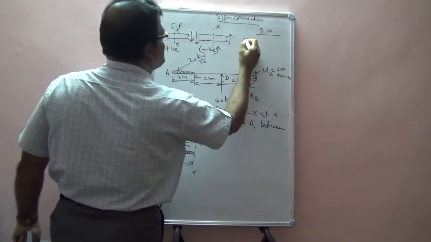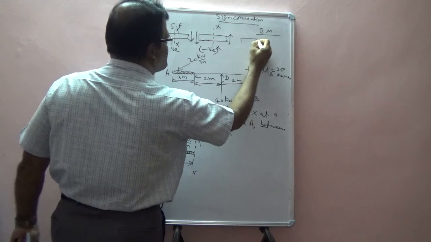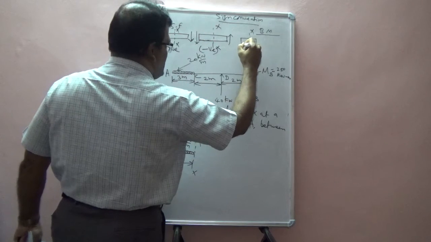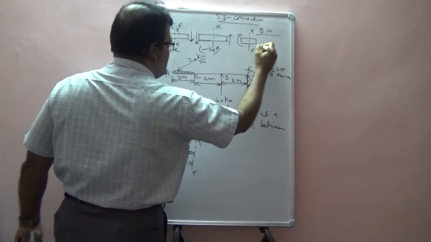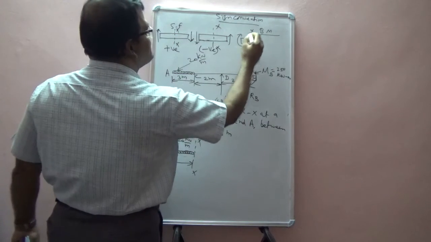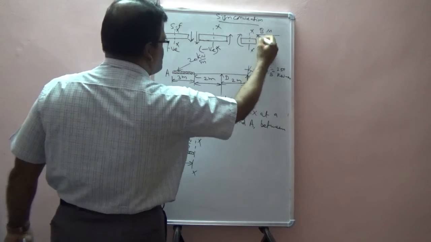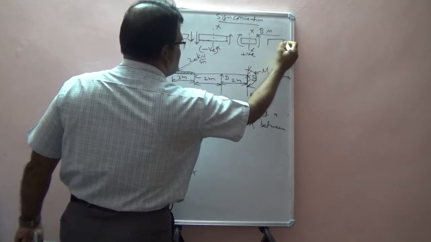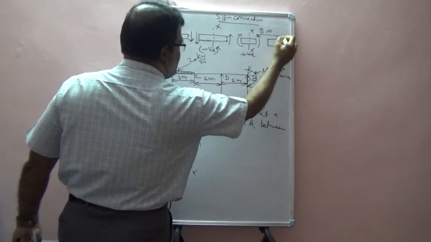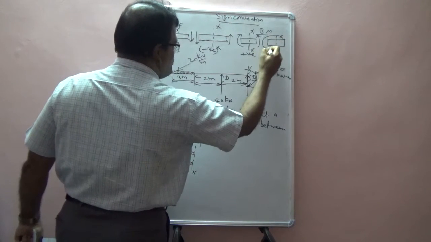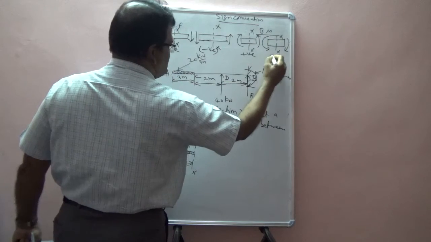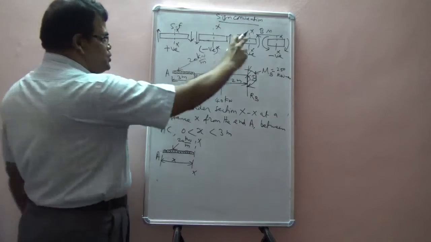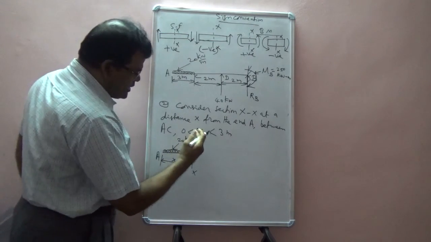Bending moment, this is the beam, this is section XX. If the force tends to rotate the beam in the anti-clockwise direction, this is clockwise, this is anti-clockwise, it is positive bending moment. And if the section XX tends to rotate the beam in the other direction, it is negative bending moment. As I said, I am going to use this sign convention. So now I consider the section XX.